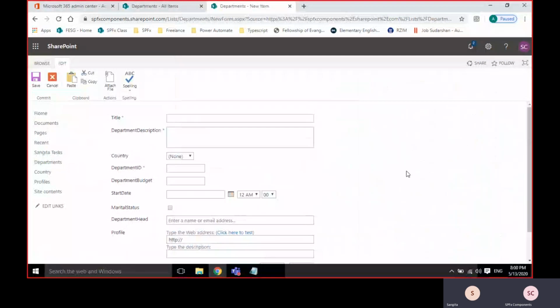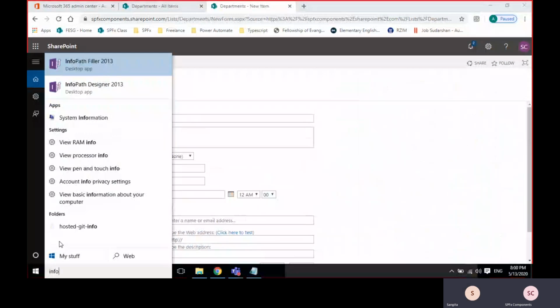Because the name is just InfoPath forms, this is a simple form. That's why I want to know what is the difference between InfoPath forms and this list. No, you are going to work on the same list, but the form will be replaced with InfoPath, and we'll call it InfoPath forms.